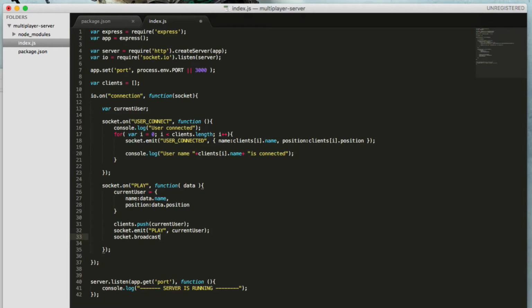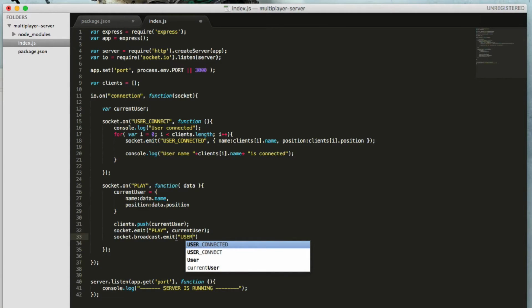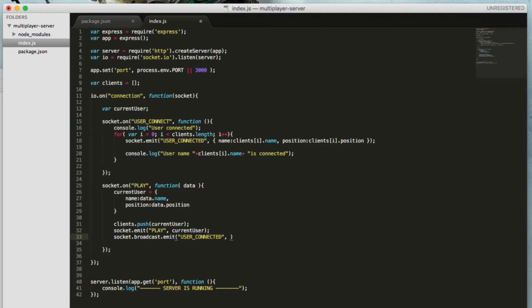Okay, B-R-O. Sorry for my English spelling. Broadcast emits user connected and sends current user to each user, each client. Okay, and the next step,